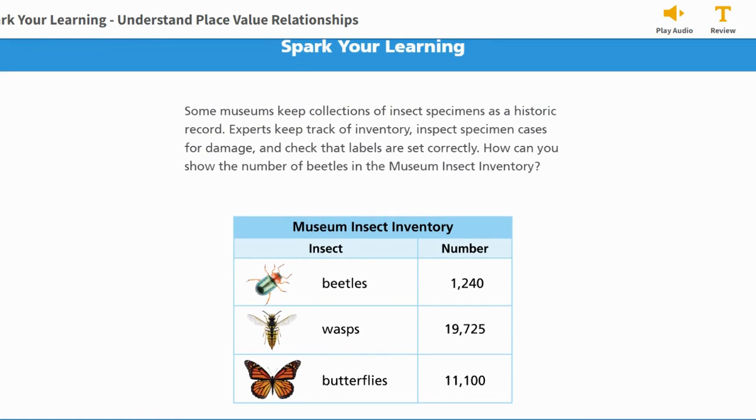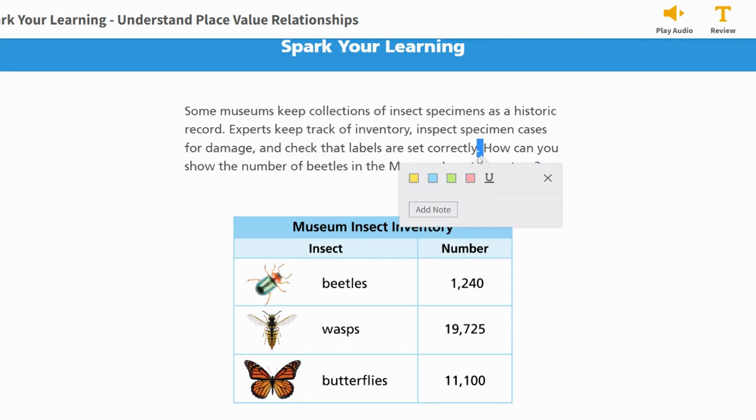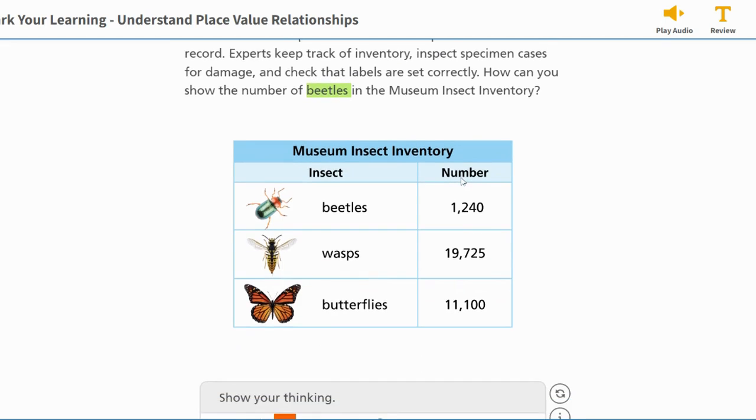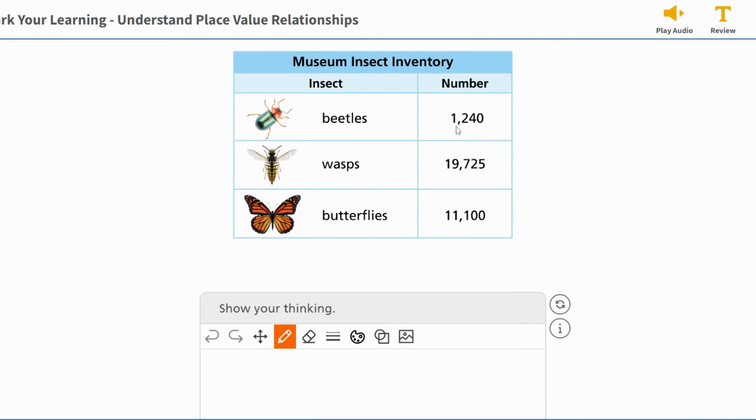So I only read this word problem once. I'm going to read it again to make sure that I understand what I'm being asked to do. Some museums keep collections of insect specimens as a historic record. Okay, that's just background. Experts keep track of inventory, inspect specimen cases for damage, and check that they're labeled correctly. How can you show the number of beetles? Okay, that's all I care about in this question, the beetles. So I have